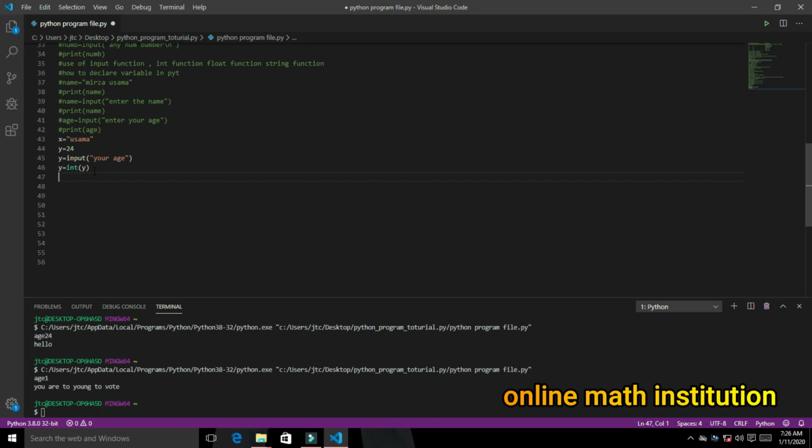So we will use an if statement. This is the syntax of the if statement. Write the keyword if, then put the test condition. So here we will put if y is greater than or equal to 24, and then we will put a colon. After that, in the if block we will write the code